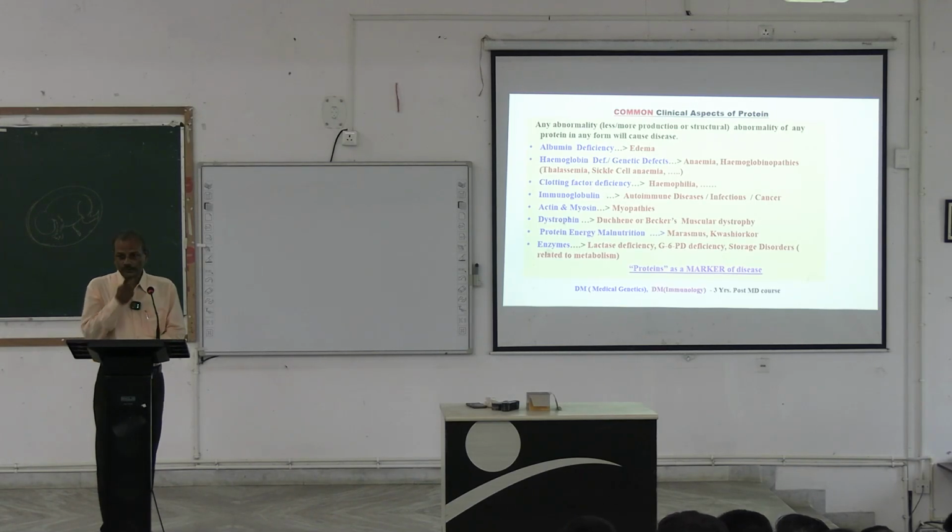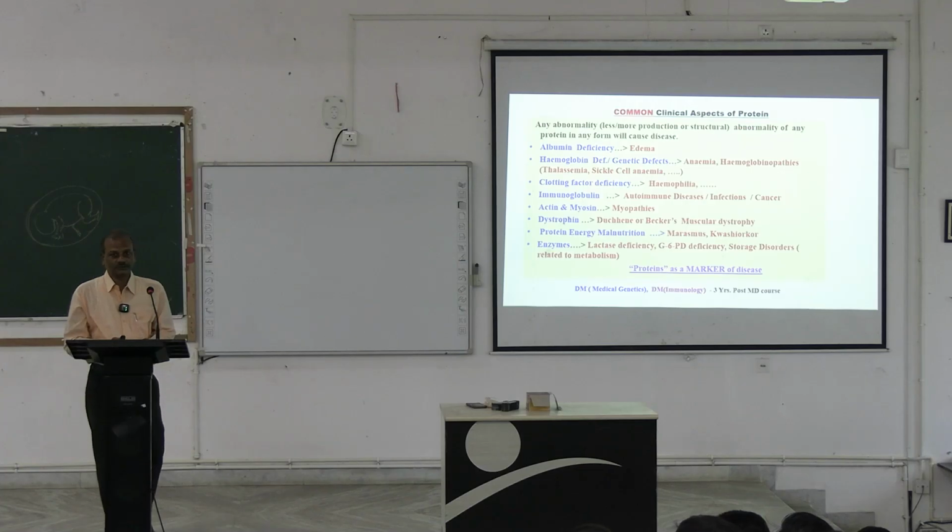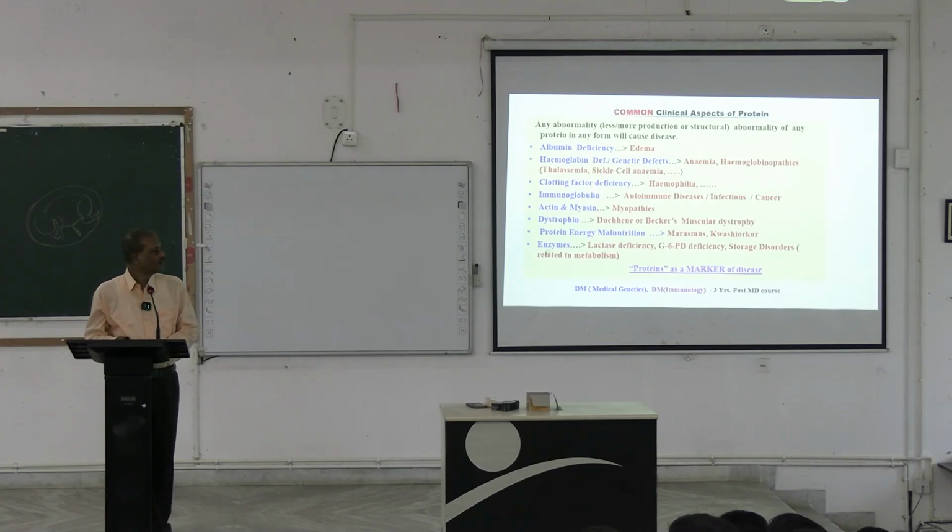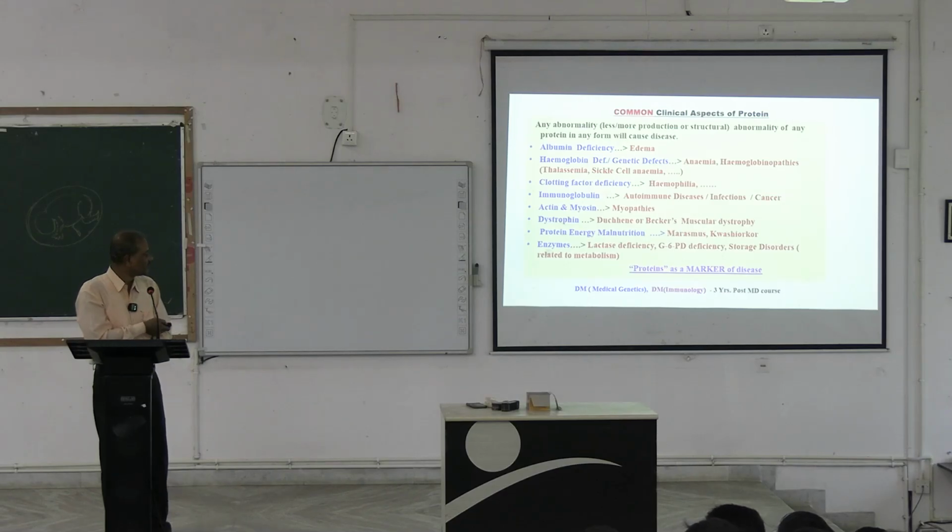Actin and myosin, you know, are muscle proteins, and if they are defective, the disease is called myopathy. There is another protein called dystrophin. This is also a muscle protein. That is also very important, and in the OPD you will see myopathy cases, Duchenne muscular dystrophy and Becker muscular dystrophy. Duchenne I have seen 4 cases, Becker I have seen only 1 case. I will tell you during Duchenne and Becker's